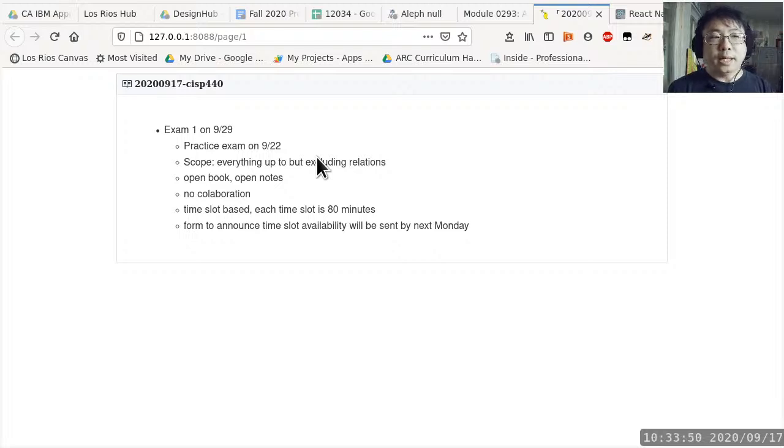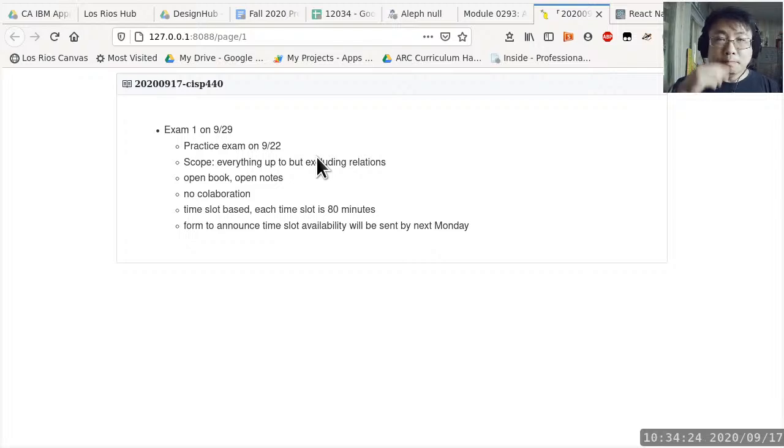Yes, so the idea is I will be available to quote unquote proctor the exam during those time slots, and as a result, I want people to give me as many options as possible. So this way I can try to look for the best overlap between all the time slots that people have chosen. So instead of having many different time slots throughout the day, and I have to stay online to basically answer questions about the exam all day long, I want to kind of limit it to maybe 3 or